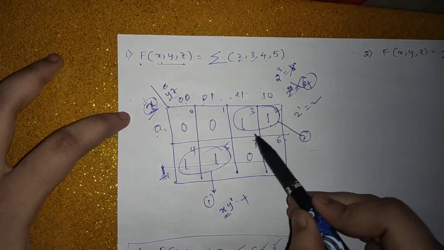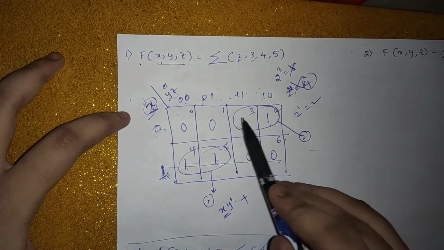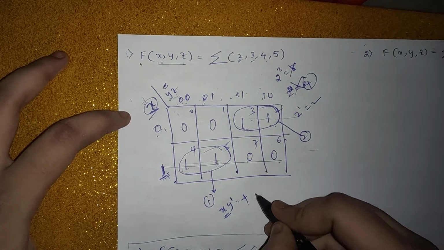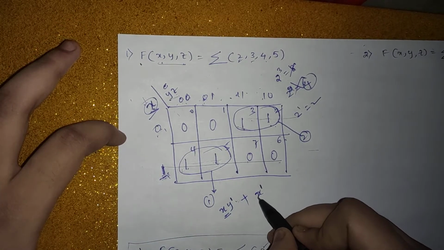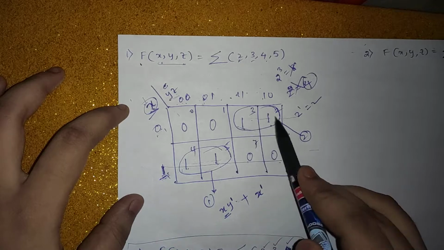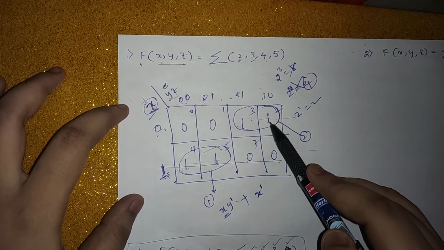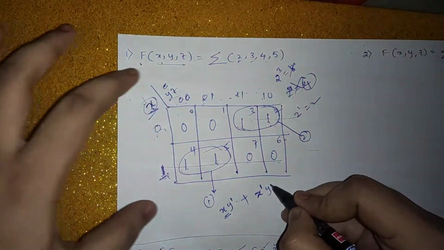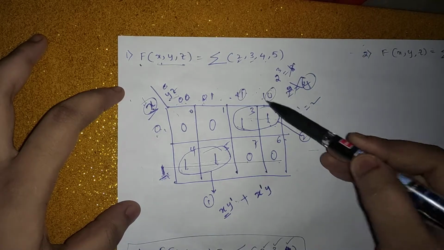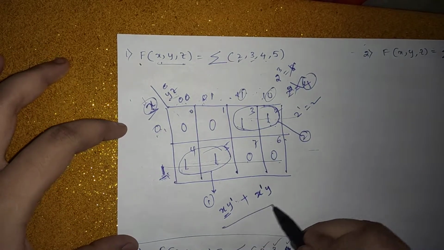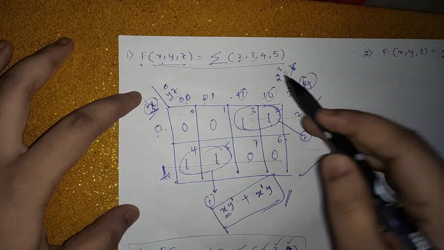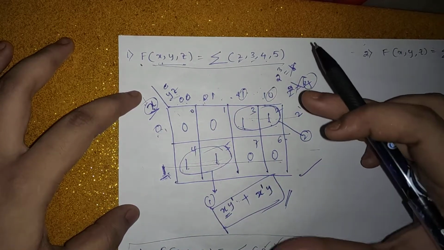Plus again, what is this here? It is a row. So x is the same for this one and this one. X is the same, that is 0, that's why we write x dash. Next, for these two, y is 1 here and y is 1 here, so y is also the same, but it is 1, so write only y. For the z, here z is 1 and here z is 0, it is varying, so ignore that. This is the final minimized expression for this question. So in this way we need to solve the 3 variable K-map.